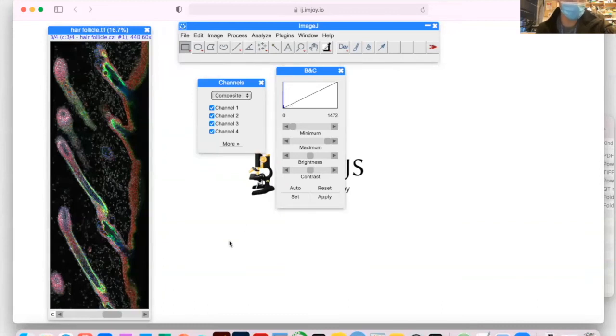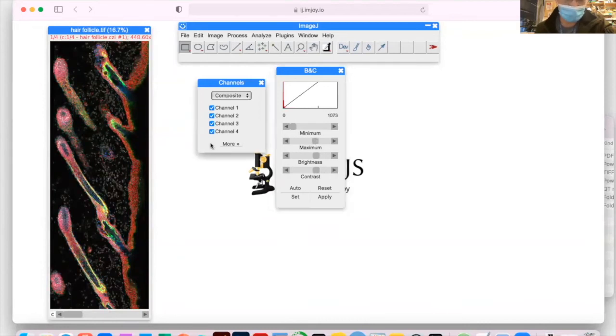So let's say we want to make the red channel brighter. So first we go to the correct channel, and you will see here again the color. We're in the red channel. And to make it brighter, what you can do is decrease the maximum here. And so as you move along, you can see the red getting brighter and brighter. And like right here, we're at a very saturated point, which usually you don't want with scientific imaging. So maybe we'll just move it until here.